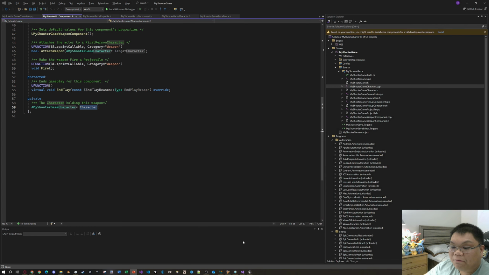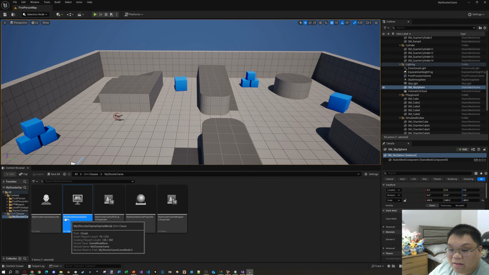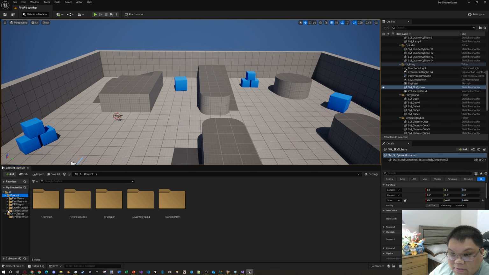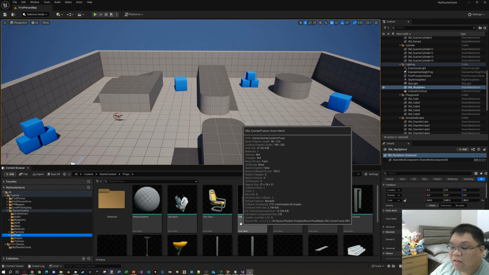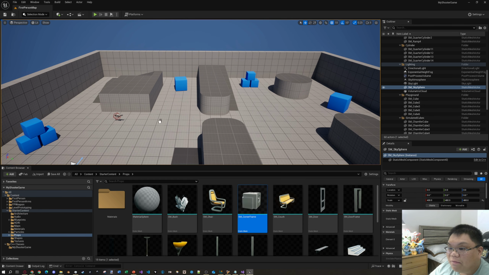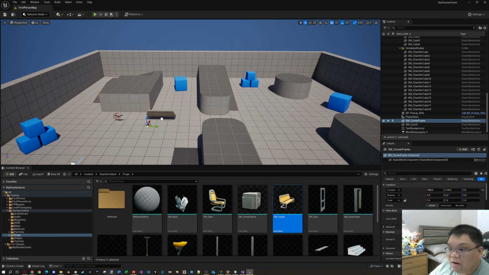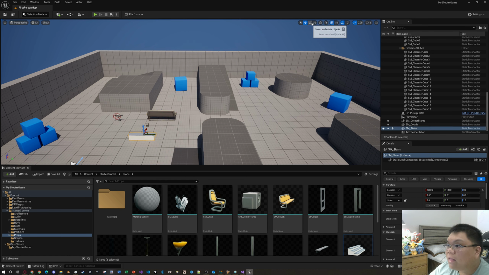You also have an entire folder full of starter content. So if we go to this folder here, content, starter content, there is a small library of various props that you can just place around the game. And we can also rotate these however we want. So there we go. So these are all static meshes, and